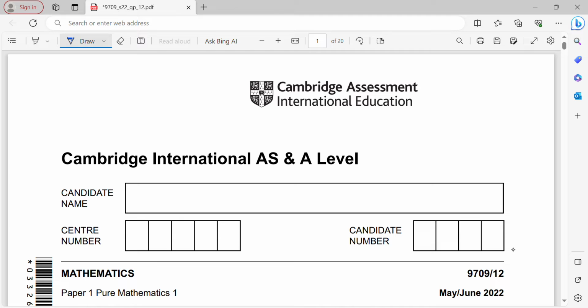This video is to discuss Cambridge International AS and A-Level Mathematics Paper 1, Pure Mathematics 1 for May-June 2022, and the code is